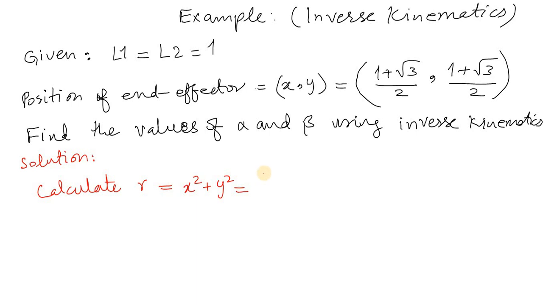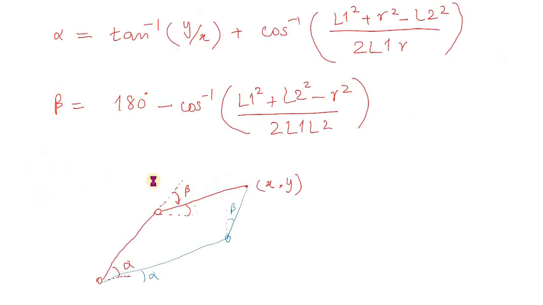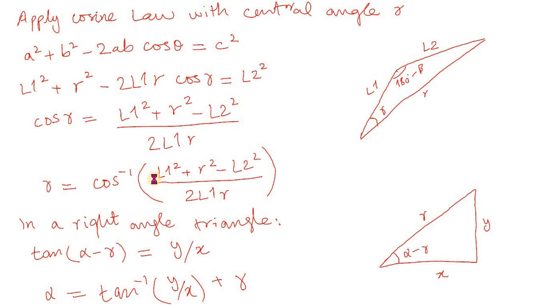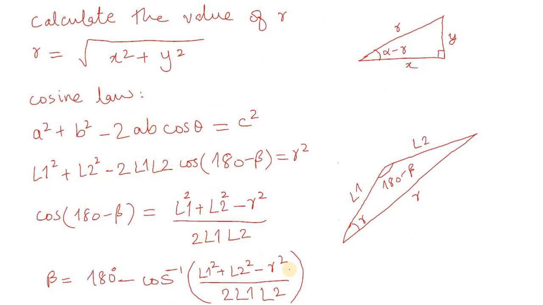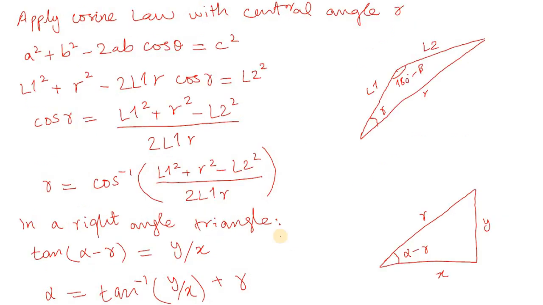Since in the formula of the inverse kinematics, R square will be used, here you see it's using R square, so we don't need to take the square root of the R. We can just use R square value. So instead of using the square root of x squared plus y squared, we can directly use x squared plus